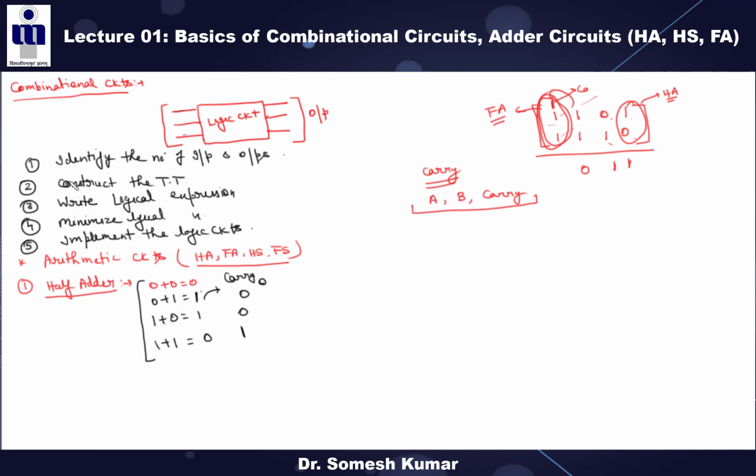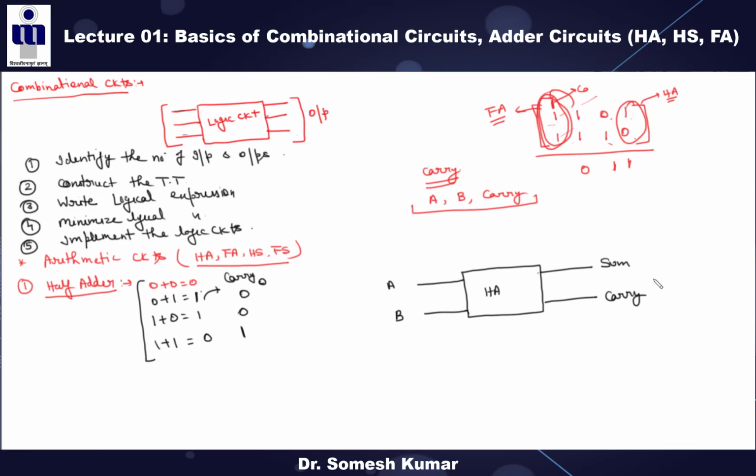Now what is the first step? Now we have to design this half adder, right? So what is the first step? First step is you have to identify the number of inputs and the outputs, right? So this is your half adder. How many inputs are there now? You can identify there are only the two inputs, right? I am denoting one A and the B, right? What are the outputs? There are the two outputs. One is your sum, second one is your carry, right? So first step is completed.